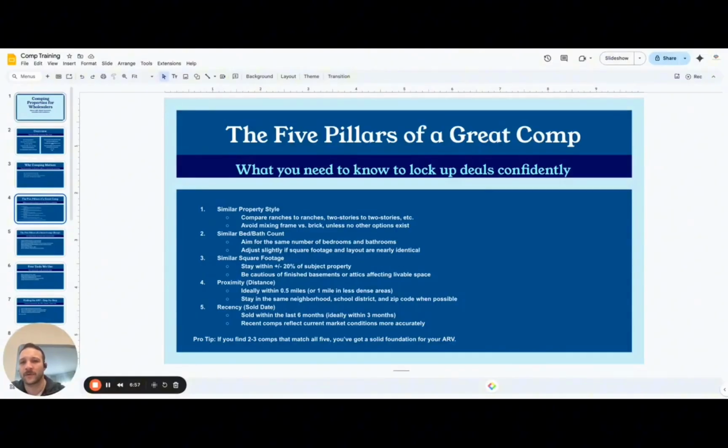So one other thing I want to talk about is the reason we use these 5 things is because that's what appraisers use. So at the end of the day, you want to be able to use comps that support your price, because when you go to sell your property, and this is from an investor's perspective, the buyer might pay whatever they want, but at the end of the day, the person who decides the value of the home is going to be the appraiser.